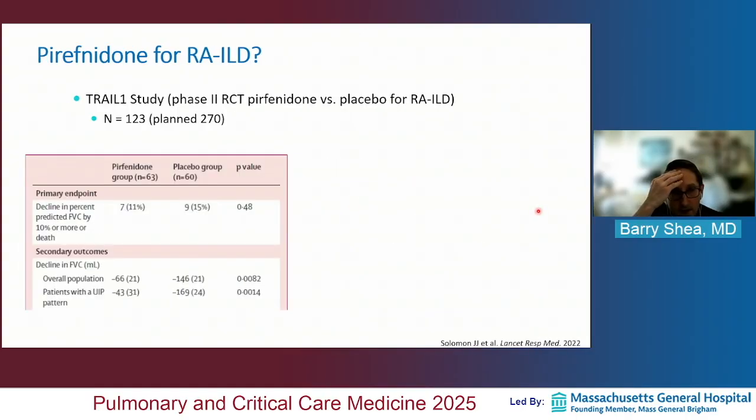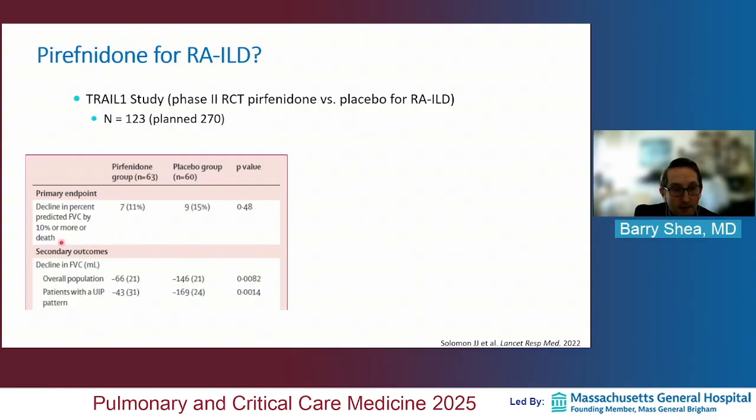There was a randomized controlled trial of pirfenidone specifically for RA-ILD. This is the TRAIL1 study. This is a phase 2 study. Unfortunately, this was stopped early after enrollment of only about half of the planned total. This was due to the COVID pandemic and slow enrollment. And it unfortunately did not meet its primary endpoint of categorical decline in FVC by 10% or more. There were numerically fewer of those patients in the pirfenidone group versus the placebo group, but this did not meet